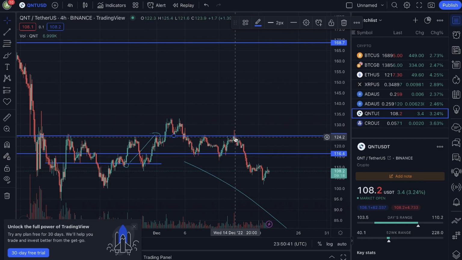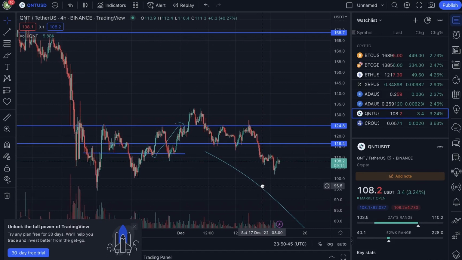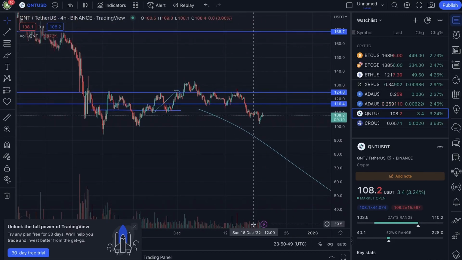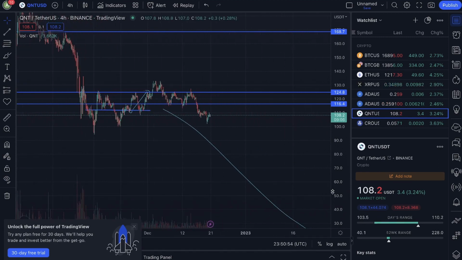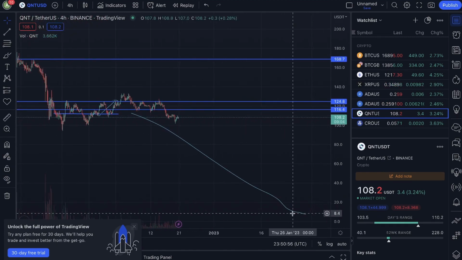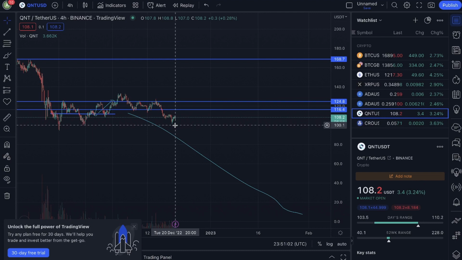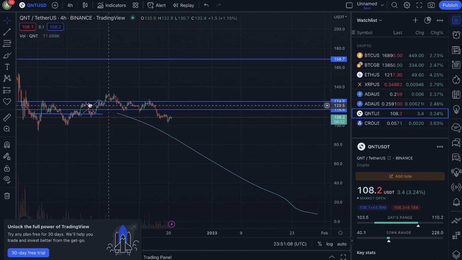So from here, it dropped all the way down here. I don't know what I was drawing here, but okay, now I understand. I was drawing where it could go, in terms of like it's going to drop quite low. Obviously that line isn't as accurate as this, but it's trying to represent like it's in a downward trend, so it's not going to be going up, it's literally going to be going straight down. And to be fair, I was not wrong, because look, now if we just rub this part out,